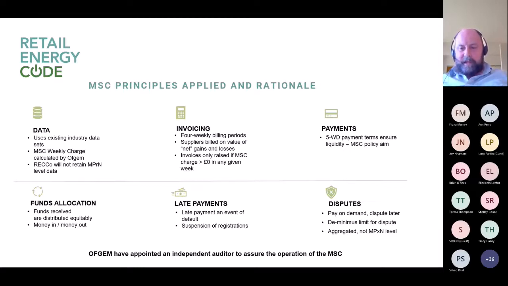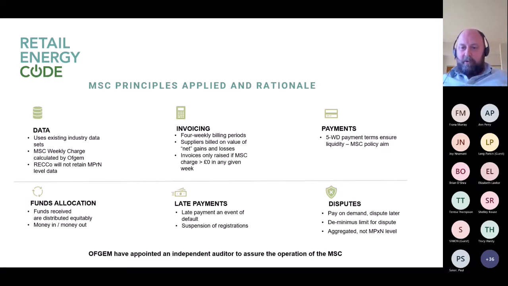So we're having to collect the data on a daily basis, but we're referring to MSC weeks, and hopefully you'll see that those charges apply essentially for a 7-day period, though it could fluctuate to 6 or 8. Rather than invoice on a weekly basis, we're then going to aggregate those together and issue invoices on a